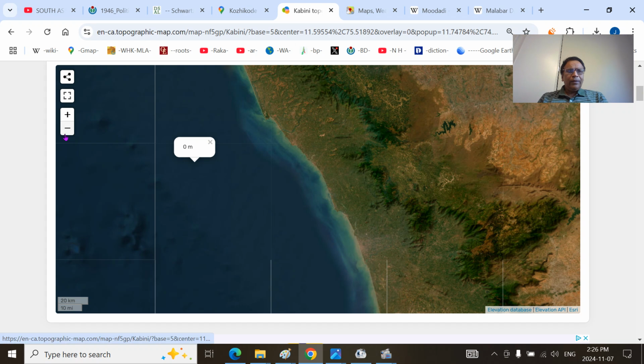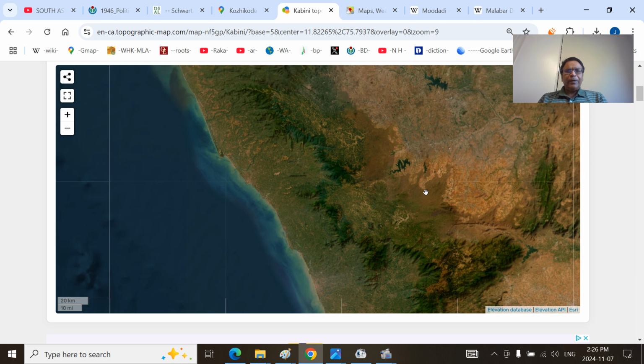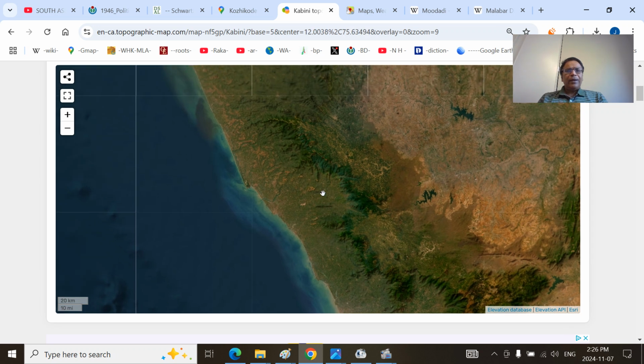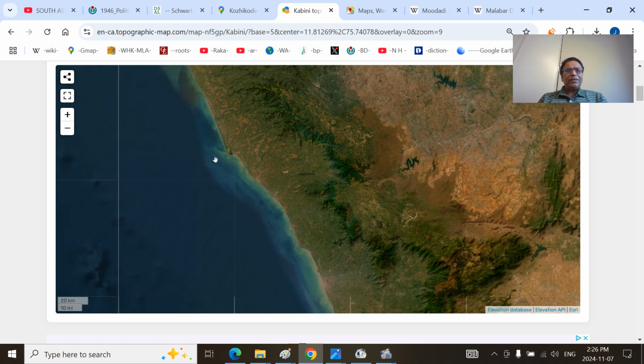And how do you differentiate this? Now, if you remember this, the Wayanad plateau. Kabani River means Wayanad Plateau. This is the Wayanad region. This is the Kurumbranad region. This is the Quilandy, Badagara, Palghat region. You got it. And here Kottayam region, that is the Tellicherry region. This is the promontory. There are three promontories: Mala, Kannur, and Mudiyadi promontory. That is the Quilandy and Badagara.